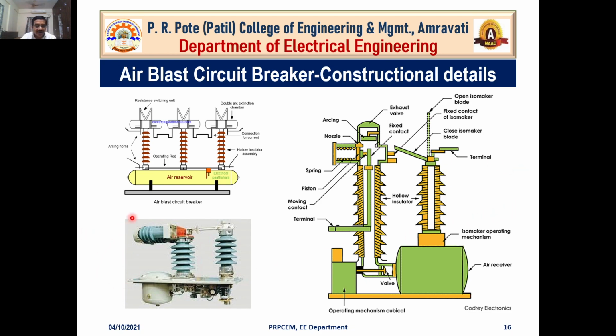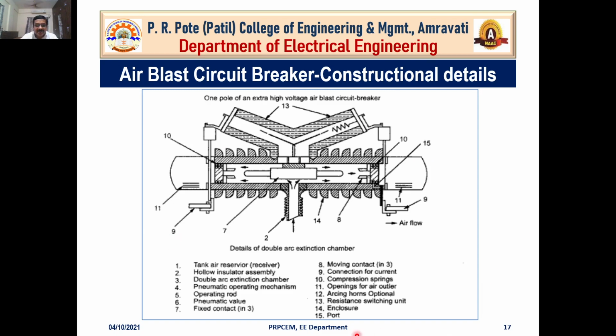Now this is the real air blast circuit breaker, exactly the same arrangement which we have shown here internally. So the physical structure or outer structure of this air blast circuit breaker is like that. This is the air receiver, or air tank, and these are the two insulators which we have shown here. All this arrangement which we have shown on the top side of the second diagram, you can observe here in this particular arrangement.